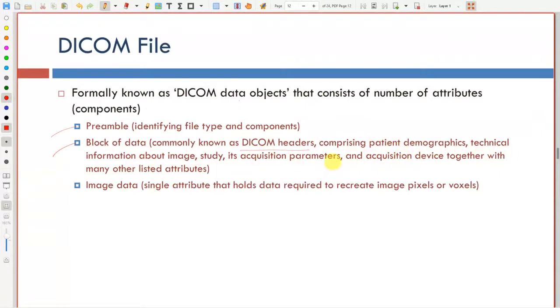So basically, technical information includes all these things. And there is actually a lot of other information that we can see, okay? One of the things that I'm going to do is post one DICOM image, and I'm going to send you a very small MATLAB code that would allow you to look at the data from that DICOM image. And if you use ImageJ, by the way, ImageJ would allow you to